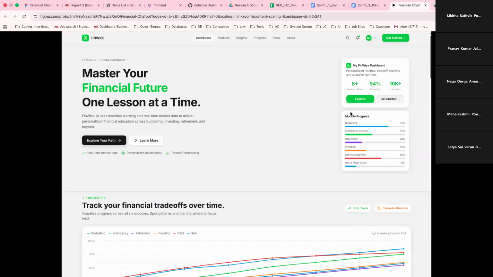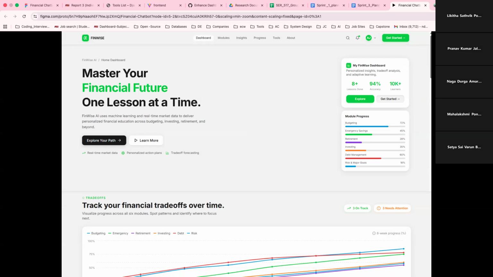We as a team feel that this is a product of multiple meetings, multiple suggestions and improvements. So this is what the user sees first, and I'll go through each component in this dashboard UI and